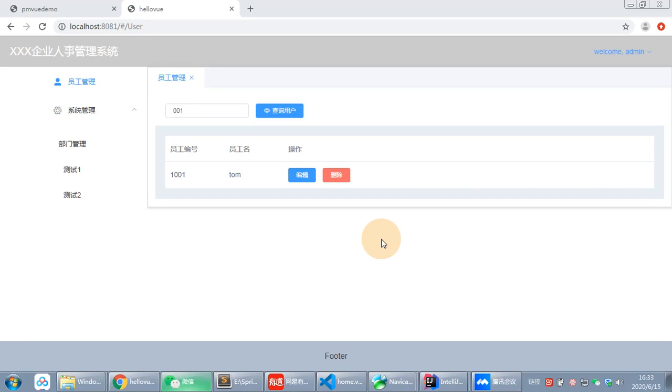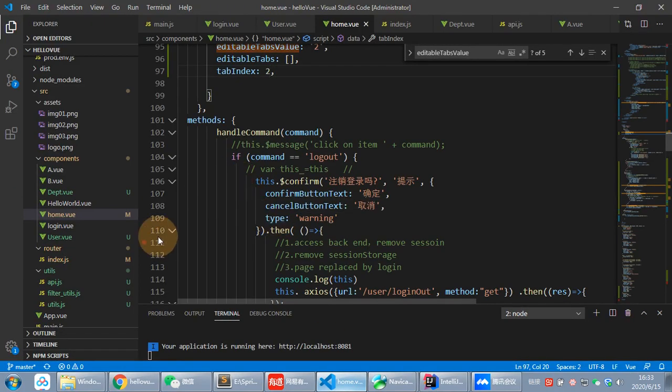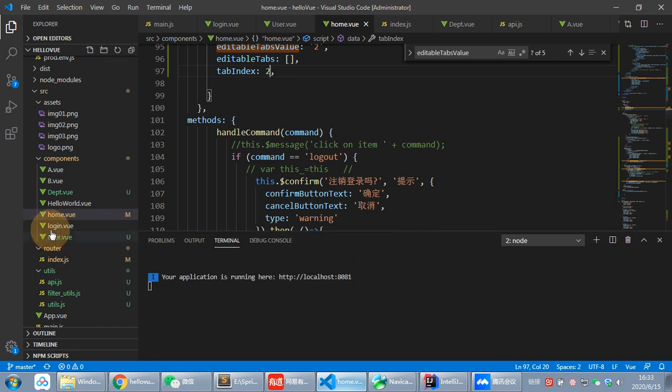I will show everyone a simple demo for staff management. Here, I just changed and added some code based on what we finished last week. And we know last week we finished login, home and log out,